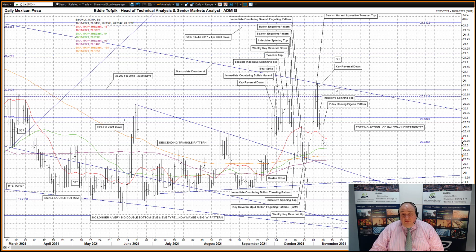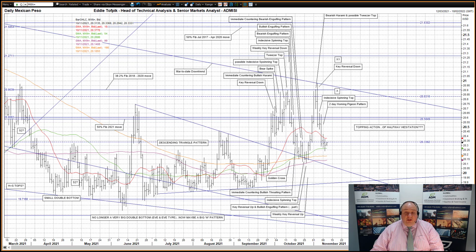Overall, it still leaves a question open as to whether the September to date action is a bullish halfway hesitation or a topping action. It also leaves open, though, with a seemingly diminishing chance of success, achieving target X1 in the 21.235 area. This is the secondary topside target for the June to date descending triangle, one usually hard to reach actually. We've already reached the primary target X in the 20.89 area.